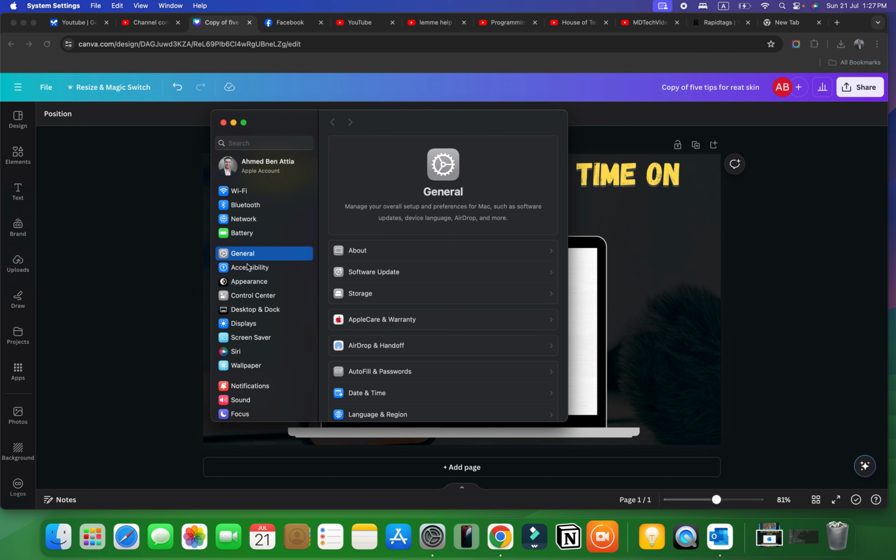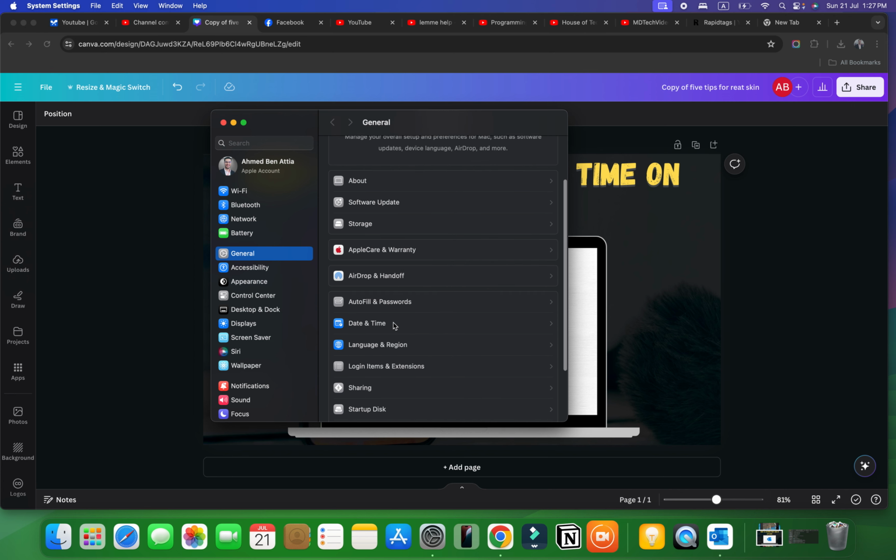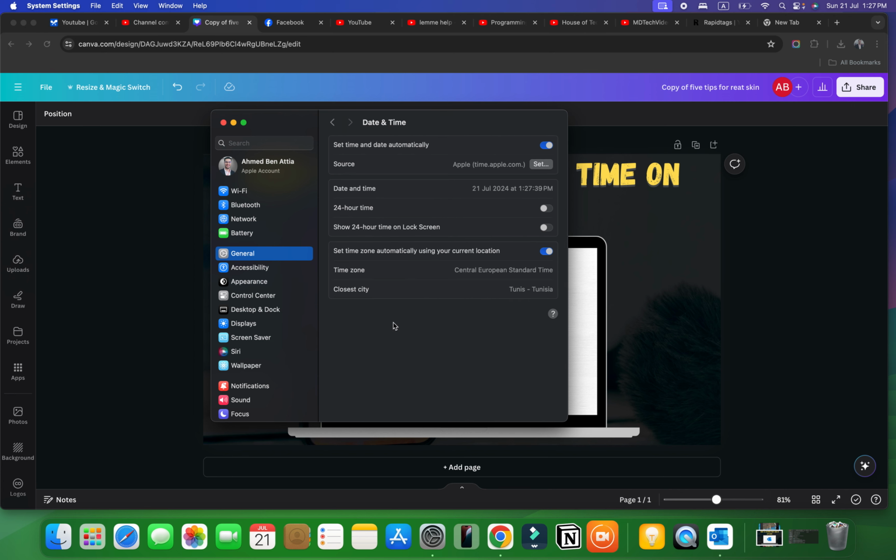In System Settings, you should go to General, and after that you will find an option called Date and Time. You click on it, and after clicking on Date and Time, you have two options. The first one is to set time and date automatically. So it's related to your Apple account and your